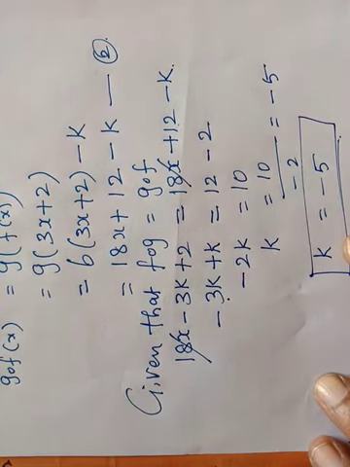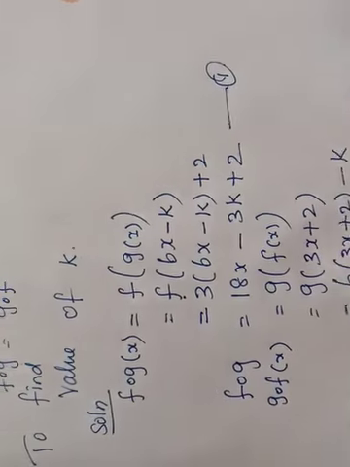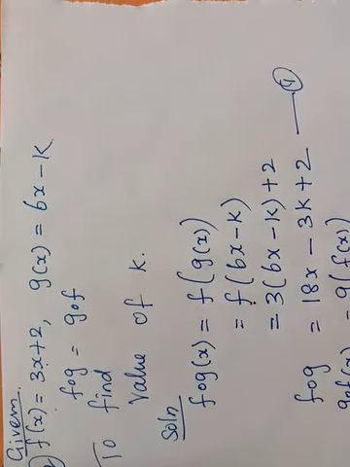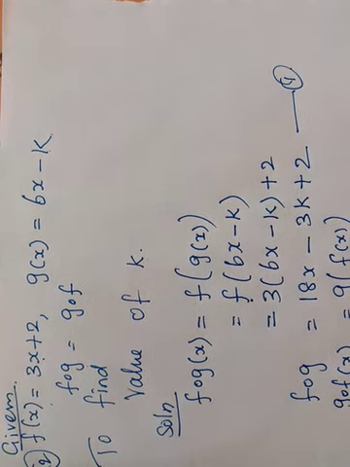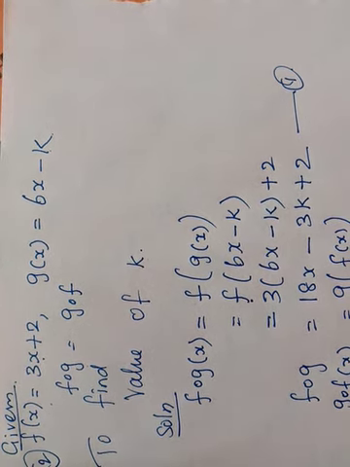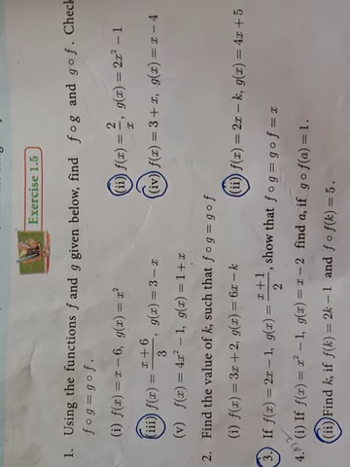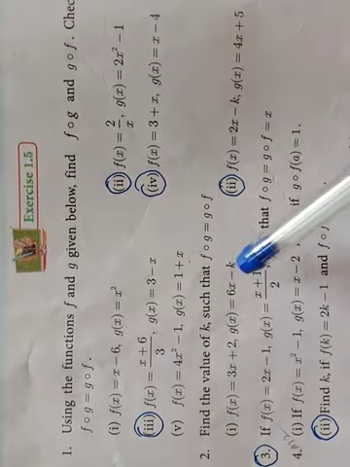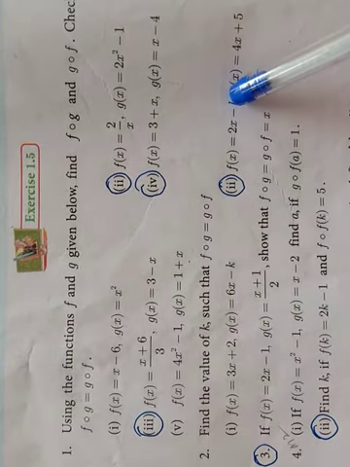So here we can find the k value. In the question, f of x and g of x are given to you, and the condition f composite g equal to g composite f is also given. Find the value of k. Circle these sums in pen, and they are homework for you. First Roman, I already explained the 3 sums. Second Roman, this sum I explained to you. This sum is homework to you.